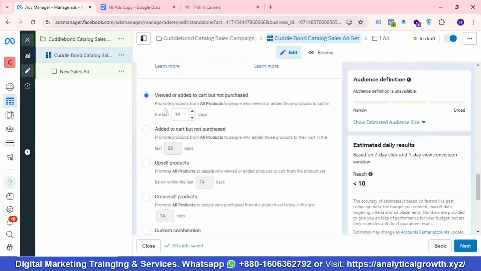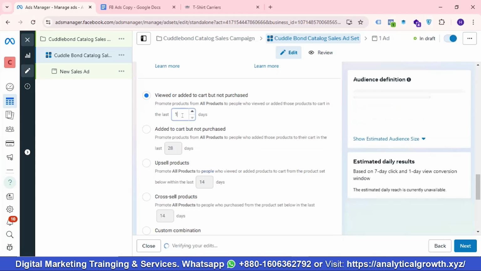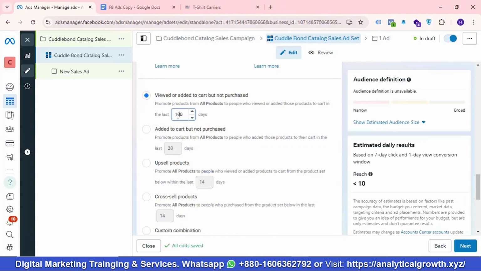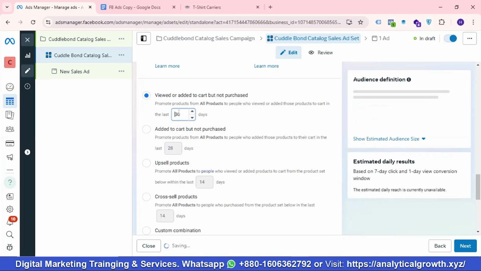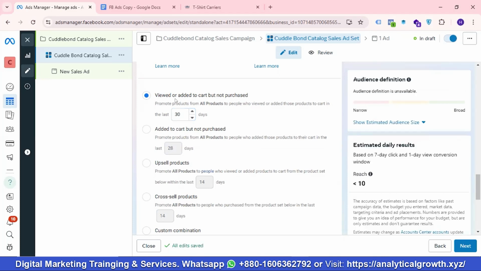Then you can see over here we have different segments available here, like you can choose viewed or added to cart but not purchase, or added to cart but not purchase. Okay, so I'll be selecting the first one, viewed or added to cart but not purchase. Last 14 days you can customize the date range. So for example, I'll be using last 30 days. So I'm gonna target them who have viewed or added to cart but did not make any purchase from my